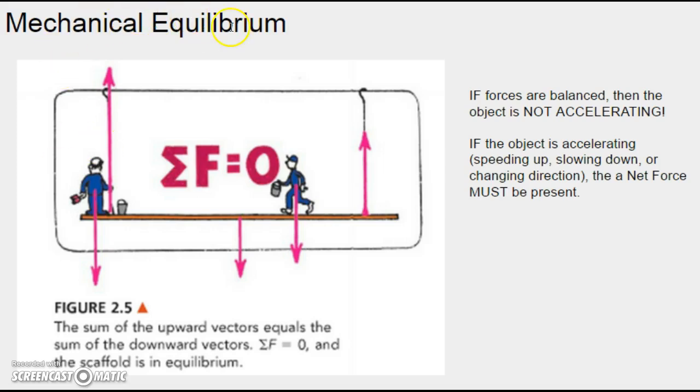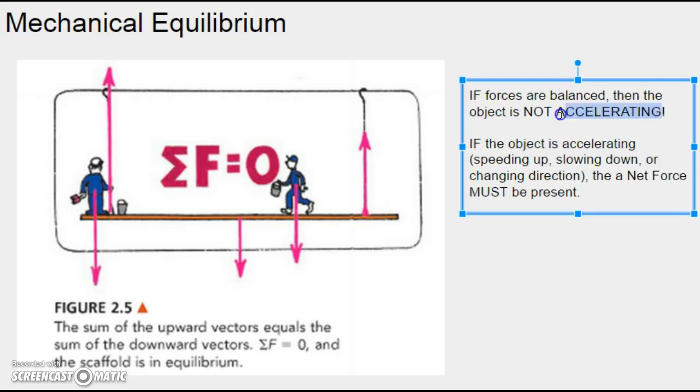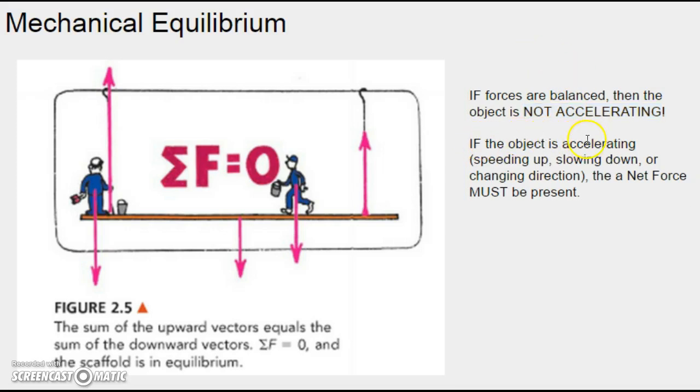So, mechanical equilibrium, and you should have been able to read about this in your textbook. If the forces are balanced, then the object is not accelerating. This is key. This is a very, very important part here. It is not accelerating. If the forces are balanced, it is not accelerating. If the object is accelerating, whether it is speeding up, slowing down, or changing direction, these are 3 different ways an object can be accelerating,